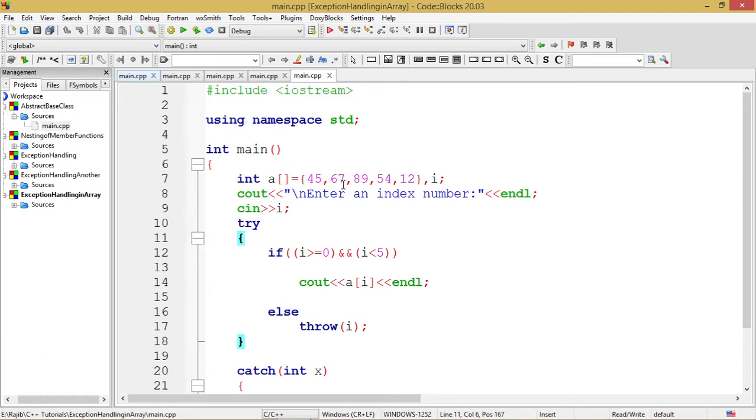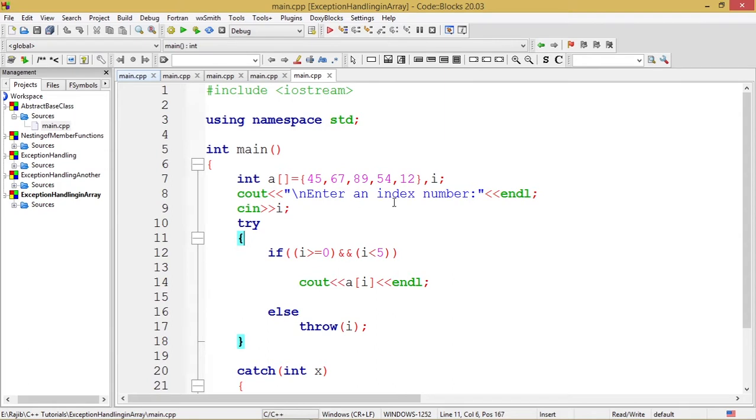It is a predefined array, initialized with 5 integer values: 45, 67, 89, 54 and 12. Along with that I have also declared a variable of integer data type, i.